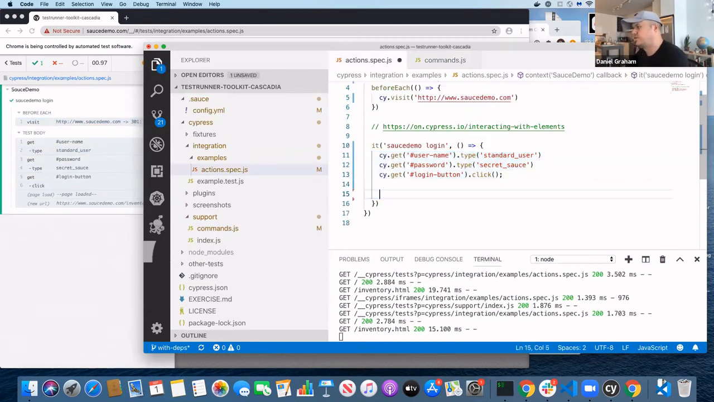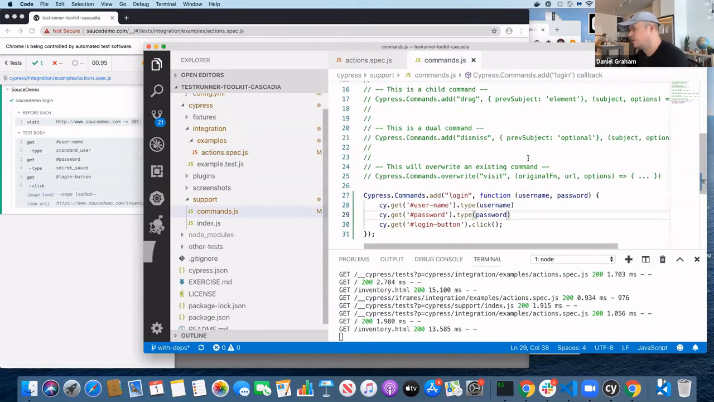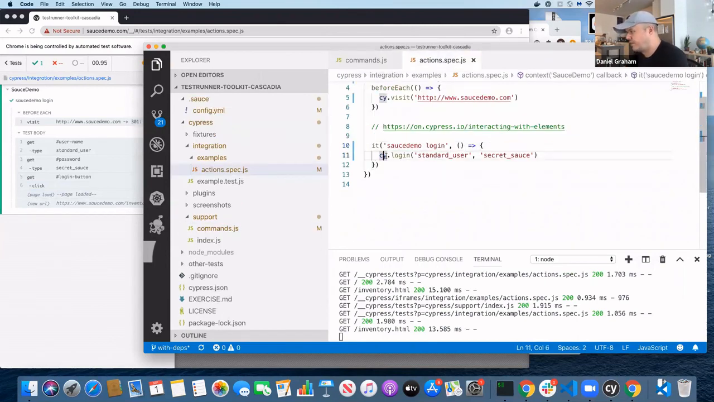So now instead of cy.get, instead of this mess of selectors, I am going to do this. I'm going to say cy.login standard user, secret sauce. And there you go. So it does the same thing as it did before, but now we have this nice interface that hides the